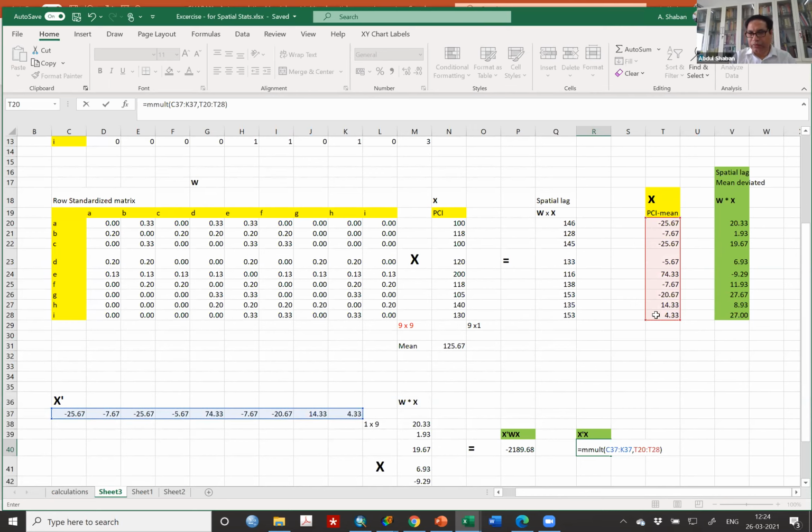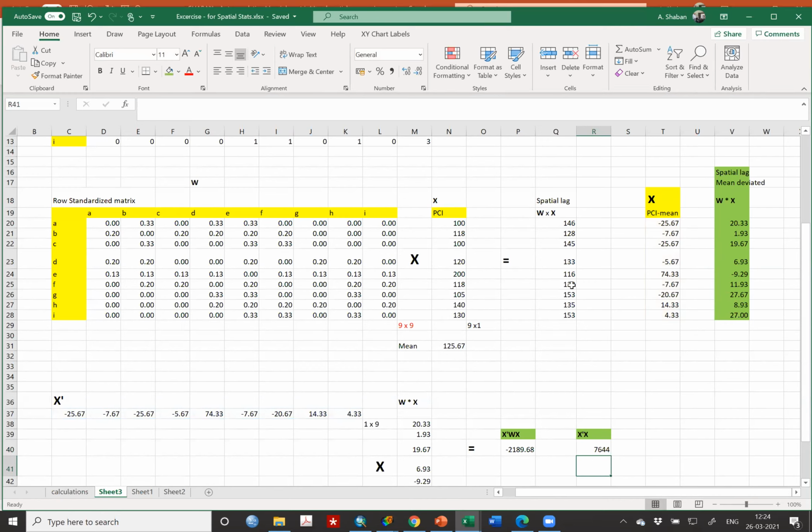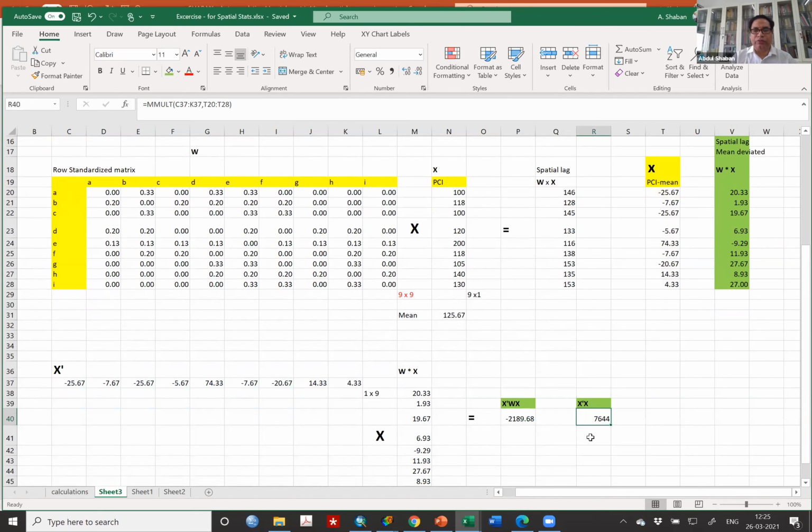It will be a scalar, no? One number, because it is a 1 by 9 and 9 by 1 matrix. Yes, sir. So you bring it here. Look, X transpose X has come, and the second one also came. So now you have both these values.